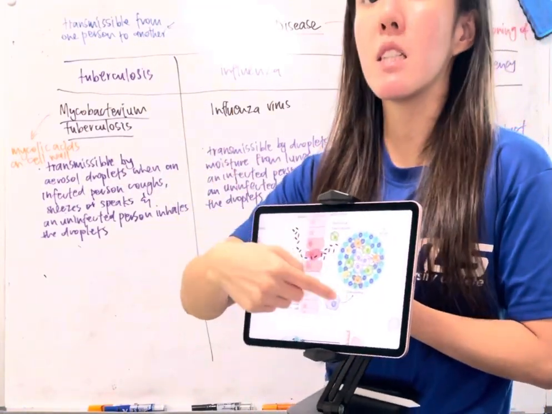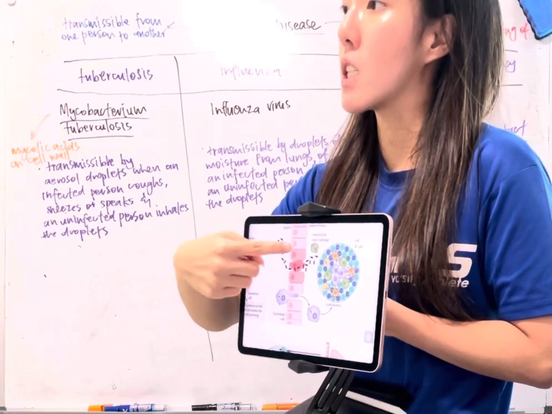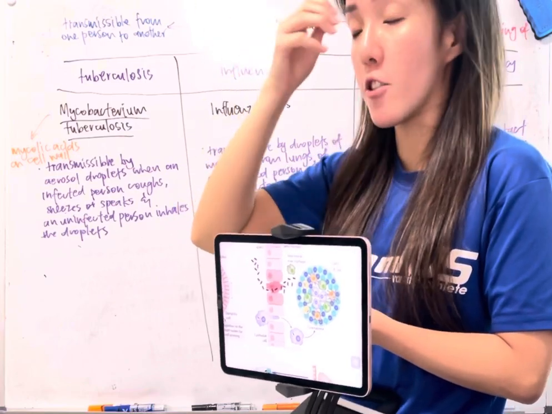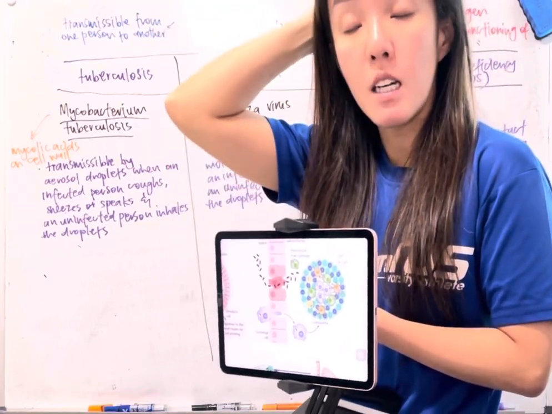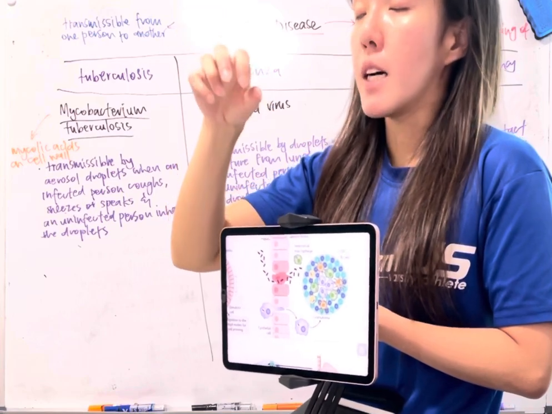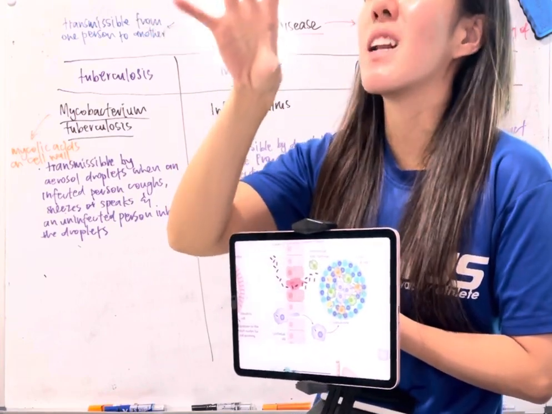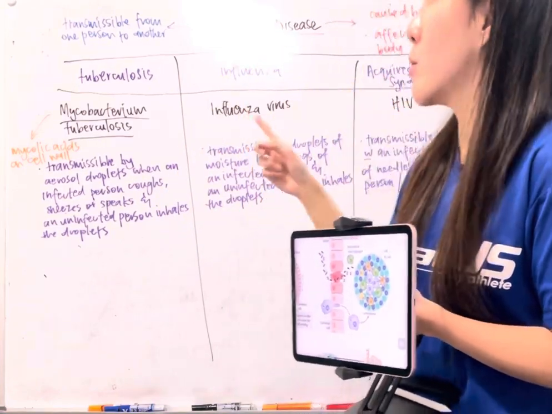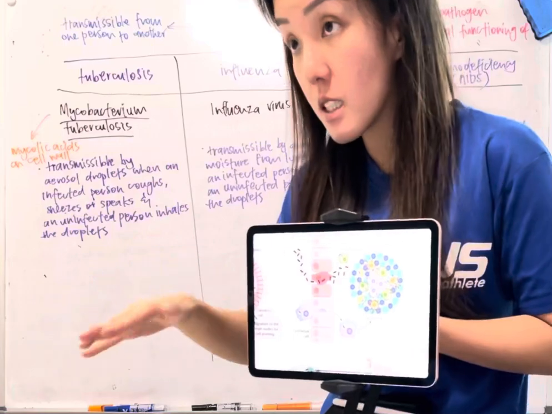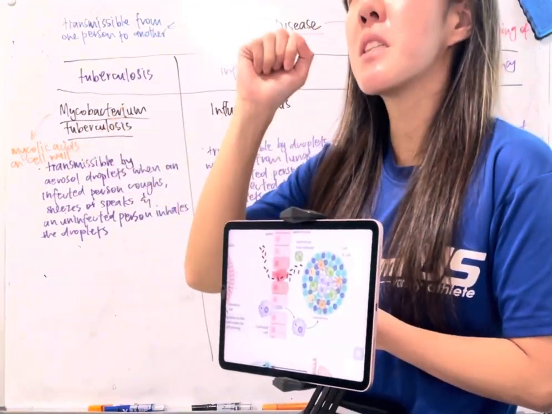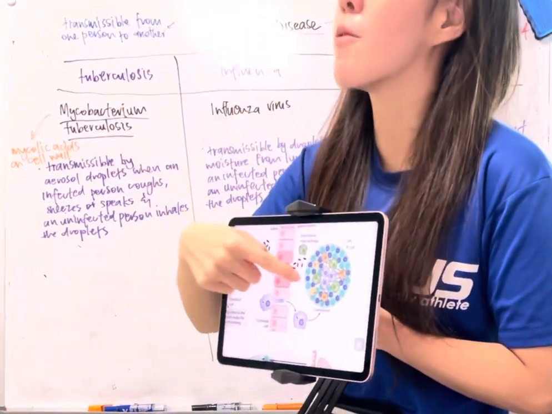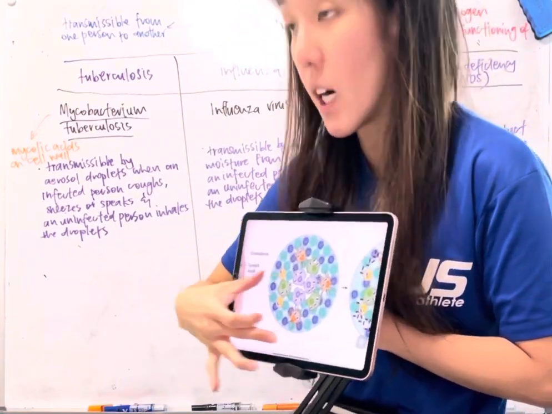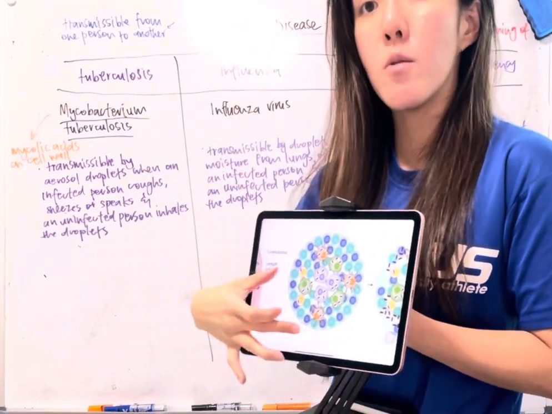By the way, the bacteria within here can undergo binary fission. If the rate of binary fission is equal to or less than the rate of killing by your T cells and B cells, you will still have latent TB. That means you still potentially can recover from TB. But let's say you are immunocompromised. You have fewer T cells and B cells. Then the rate of killing is now less than the rate of binary fission. That means your Mycobacterium tuberculosis can divide at such a high rate that it will cause your granuloma